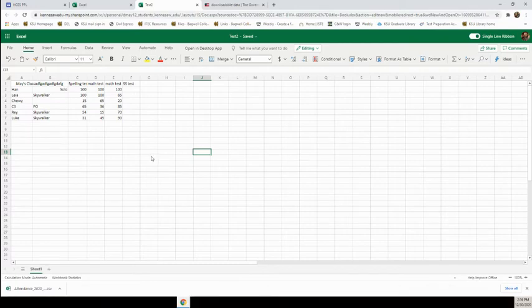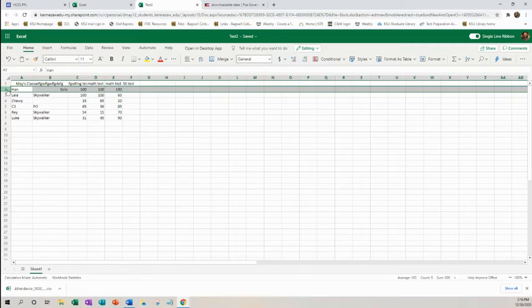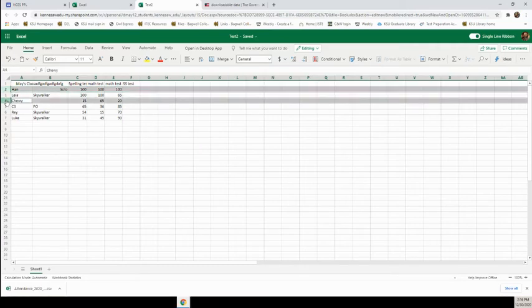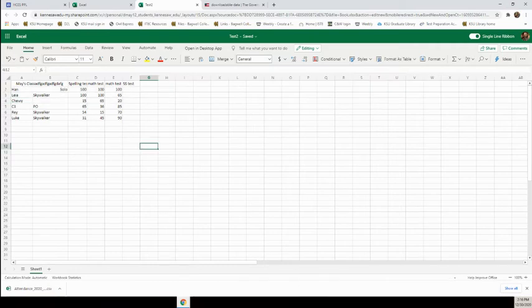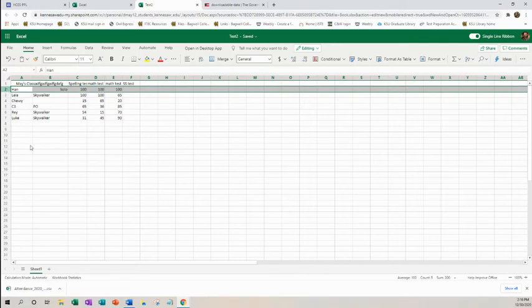So what I like to do is go in and format my kids. So like Han right here. I could have Han and I could have Chewie. Now what I'm doing here is I'm highlighting these guys. I'm clicking because I want to highlight the whole row. So once I click on Han's row,